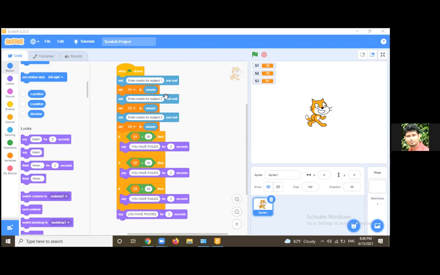S1 less than or equal to 50, then fail. Or S2 50, then fail. Yeah, that is clear. S3 50, then fail. You are reversing the logic. Yes, then that's correct. F1, yes, then fail. Then F2 50, then fail. F3 50, then fail. And otherwise, it's passed. That is also correct. You can just give some values and show this. This is also another way of writing this. That is correct. Can you click the flag?